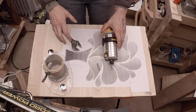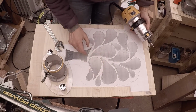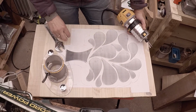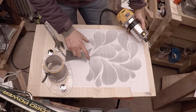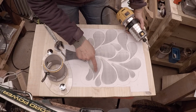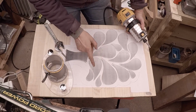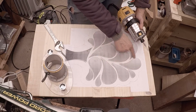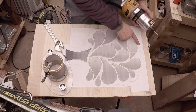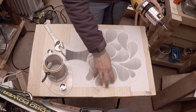Okay, so that's the transfer glued in place. I don't know if you can see there, the logo that I took is from my sticker and from my labels and stuff that I use. So it's like a double lined, shadowed design. I've gone all around mine and just done the outline of the above image. And I've also drawn a bubble around the edge because this is where I'm going to fill in